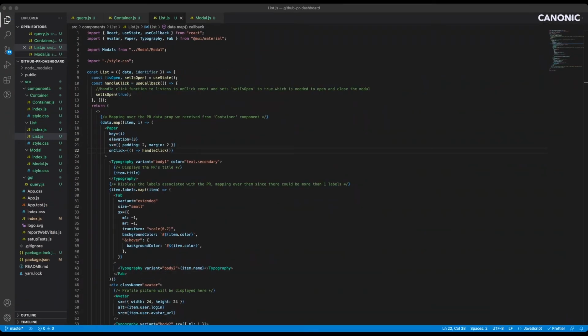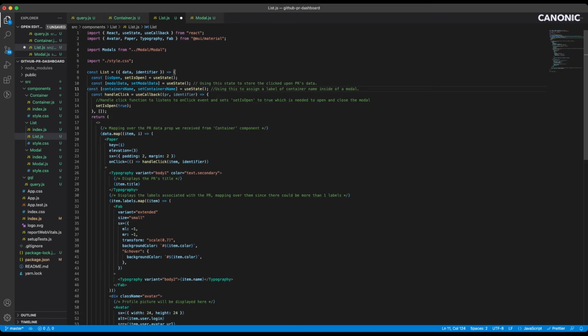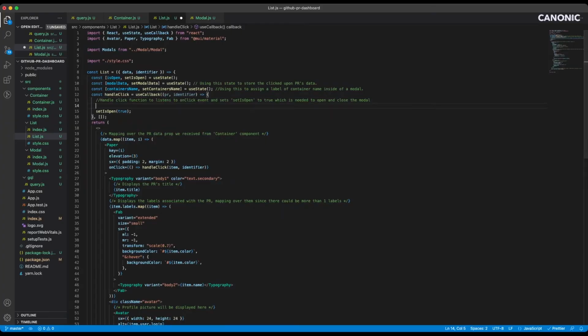Now the modal will open when you click on any item. So let's handle the on click here. Let's pass the item that the user clicked on and the identifier. Let's handle it here in our handle click function. Let's make two state variables that can save the value of both of these parameters for us.